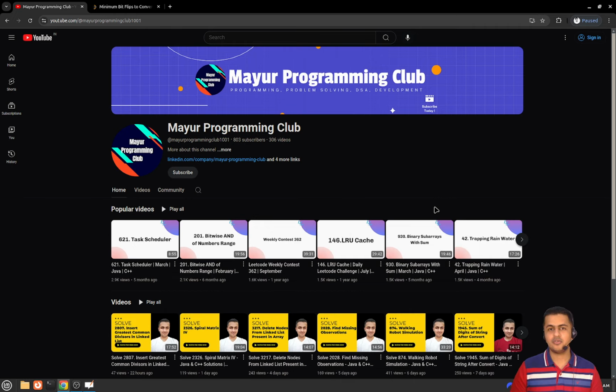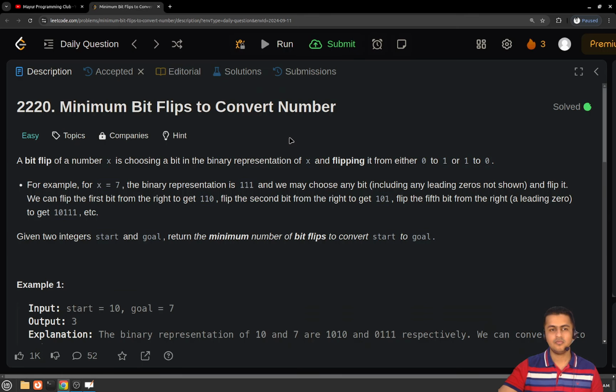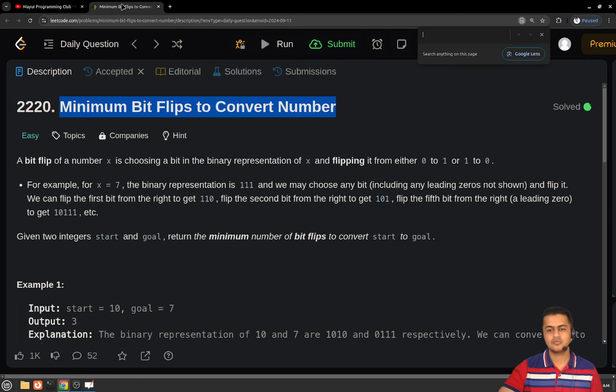Today we will be solving another daily LeetCode problem, and the problem's name is minimum bit flips to convert number. Okay, the problem statement goes like this: